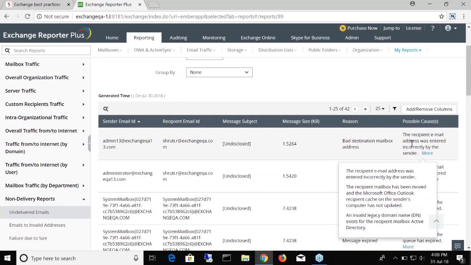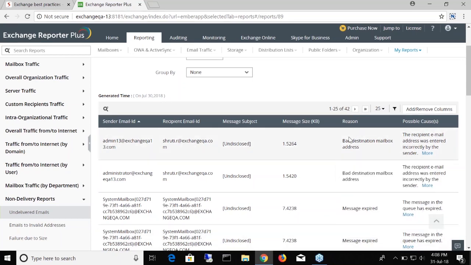So you can take a look at any of these. Like if it says bad destination mailbox address, it could be because the email address was not entered correctly. It could be because the mailbox was moved and Office Outlook cache on the sender's computer is not currently updated. So it could be any of these reasons. So the main reason is listed here and the possible causes for this reason are listed out here in this